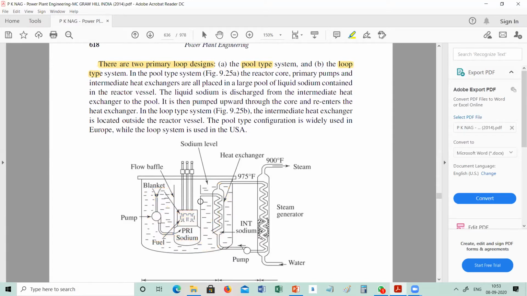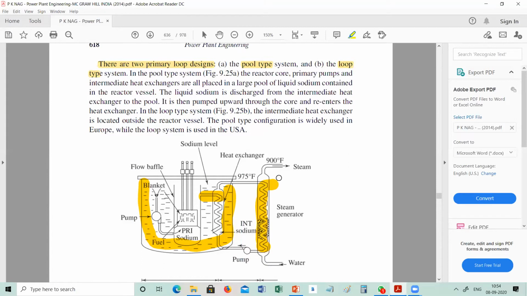Okay, it is flowing through the reactor and the heat exchanger, and the heat exchanger is placed in the pool itself. You can say that this is a pool of sodium, and in that pool the heat exchanger is placed, so it is called a pool type reactor. And then there is an extra, outer loop, where again